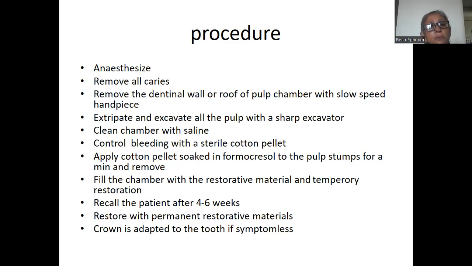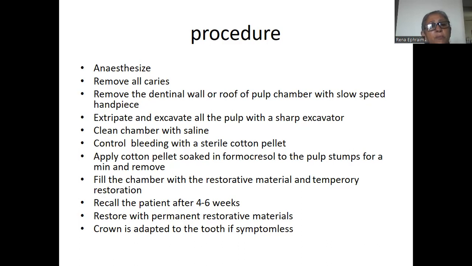Once the roof of the pulp chamber has been removed, you find the pulp there inside. Excavate all the pulp with a sharp excavator. Clean the chamber with saline, dry it with sterile cotton pellets, control the bleeding, and then after that, you apply